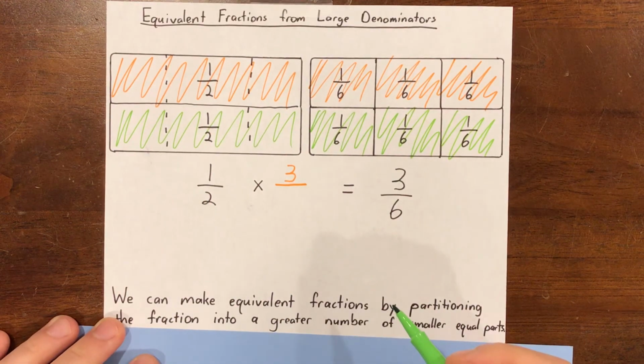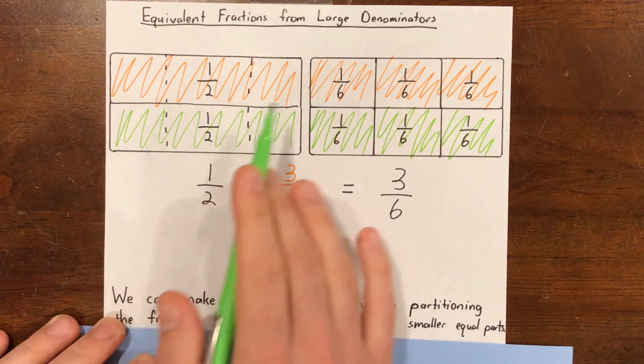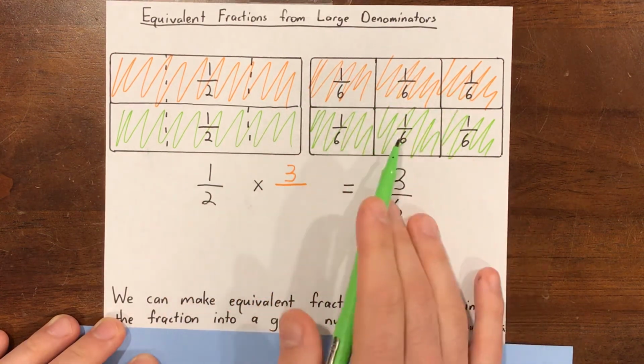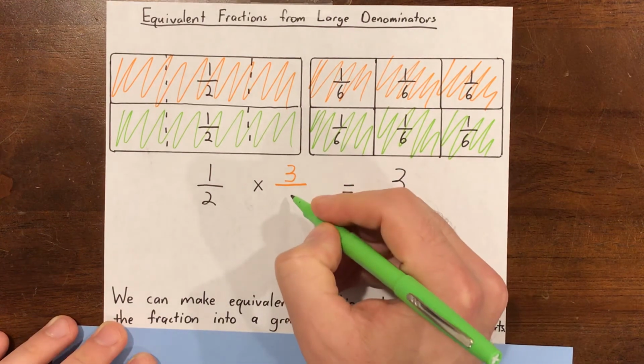So we had 2 parts total in one whole, and now we have 6 parts total in one whole. We could show that again by multiplying